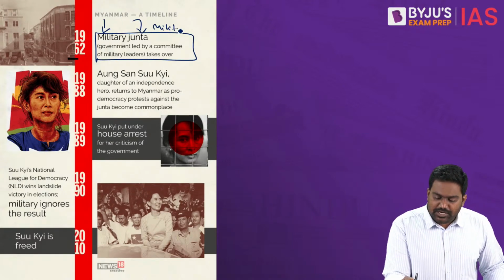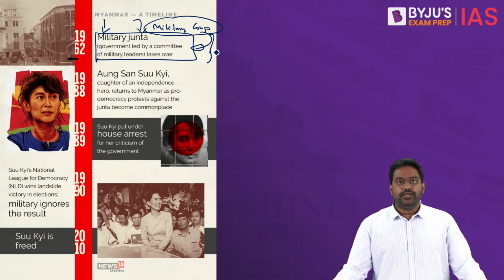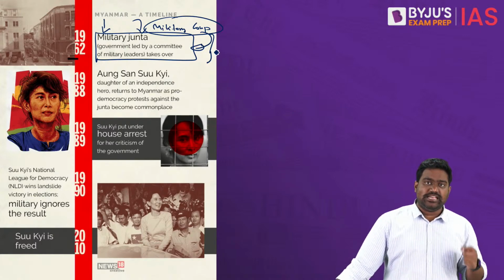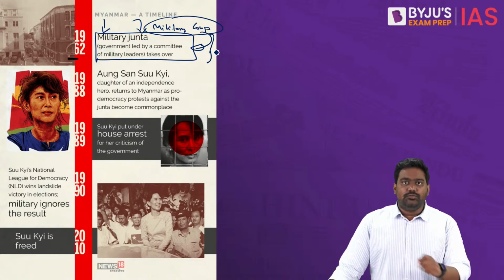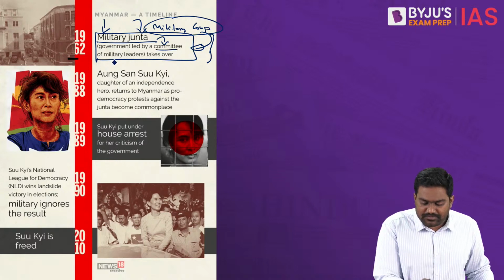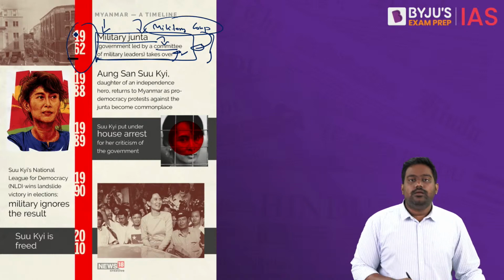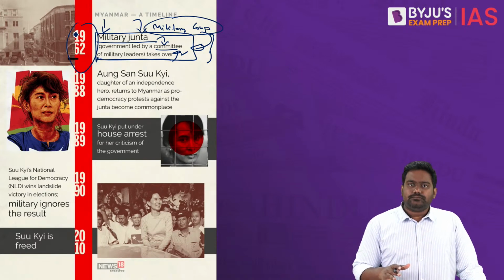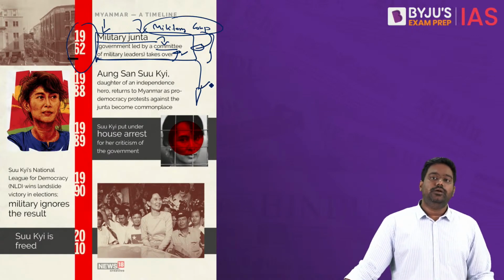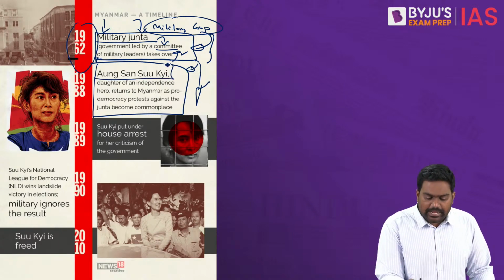And Myanmar's military carried out a military coup through which it captured political power. Using the problems of Myanmar as an excuse, the social, political and economic problems, the government was thrown out by the military, a military coup was staged, and the military junta came to power. The military leaders took over the country. So since 1962, for most of the period till now, for more than 60 years, Myanmar has largely been under military dictatorship. In the 1980s, there was a rise of a human rights pro-democracy movement led by Aung San Suu Kyi,